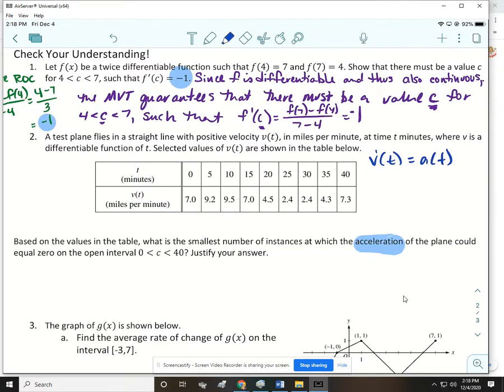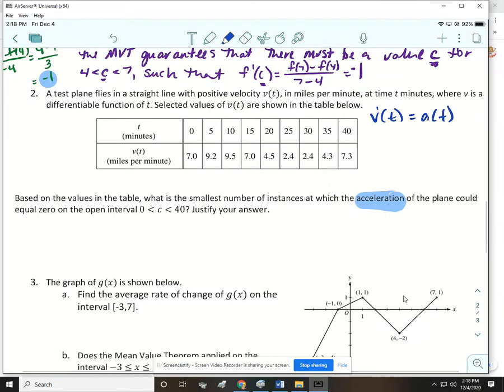It tells you the function is differentiable, so that means it's also continuous. So let's start with that. Since v of t is differentiable and thus also continuous,